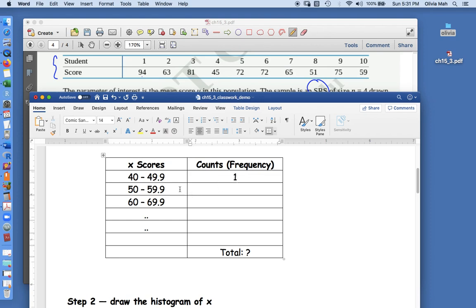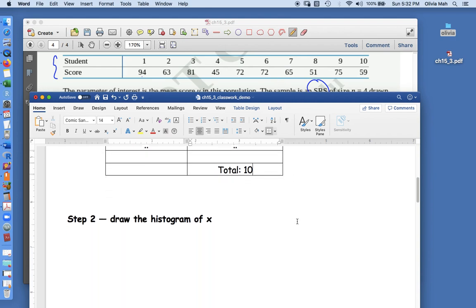For the second class, you go to the population, how many exam scores, how many x values fall within 50 to 59.9? So you have 51 here, 59 here. So this is 2, okay? So what you need to do is complete this table and make sure that you check everything. All the counts should add up to 10 because you have 10 students. After you finish this frequency table, then you can come